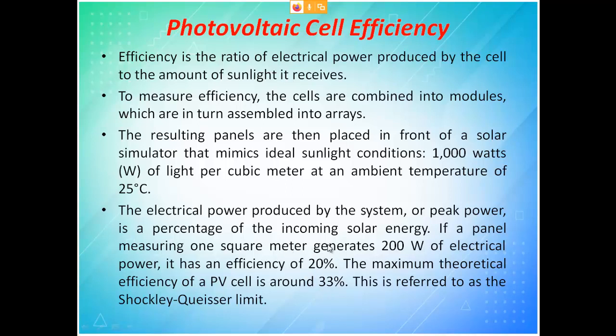Okay, so 20%. When you keep a solar panel on your rooftop covering your entire terrace, even then only 20% of the photons falling on the solar panel are converted into electricity. That is what we have to understand. So that is the efficiency. All the sunlight power cannot be converted into electricity, only 20% you are able to convert. This is the method for calculating the efficiency, and this is referred to as the Shockley-Queisser limit.